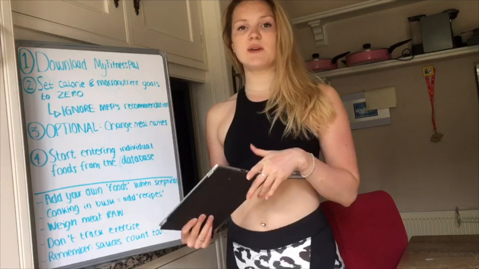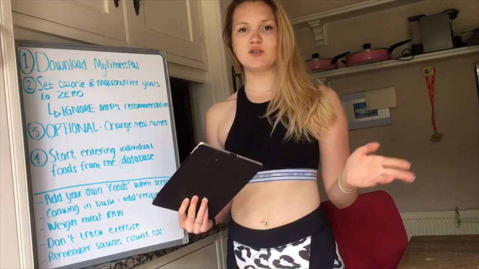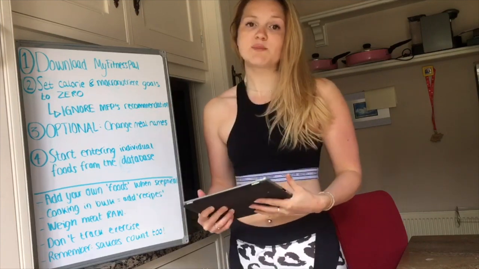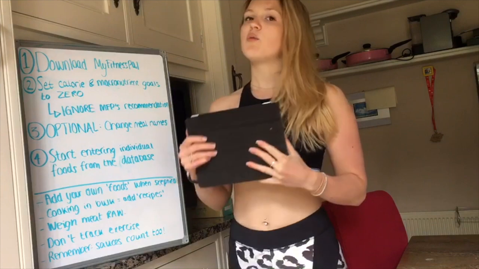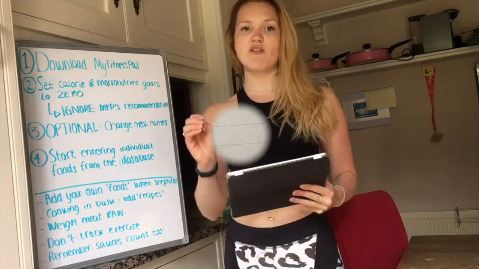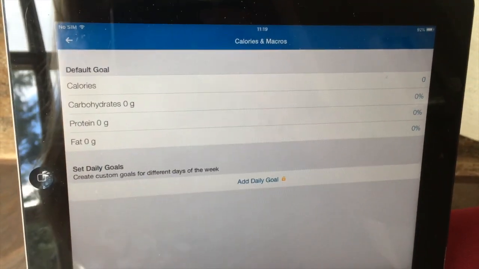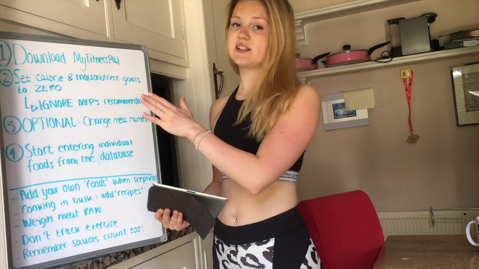Now once you're in, it's going to ask you to create some goals. It might be weight loss, maintain your weight, just put whatever in here because, to be honest, it's pretty irrelevant. Once you're into the app, what you need to do is set your calorie and macronutrient goals to 0. Just type in 0 calories and then your breakdown will be 0% for everything. By setting all my goals to 0, when I have 1,200 calories for the day left, it's not going to be all green and everything, or basically just completely ignore everything and just set it to 0,